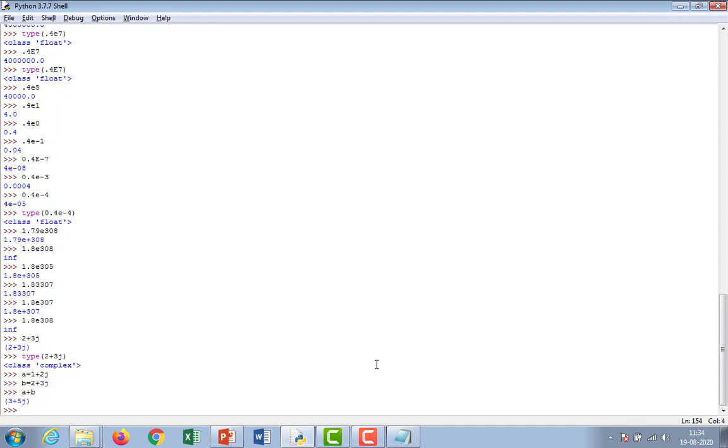Now next one, coming to strings. Strings are sequences of character data.